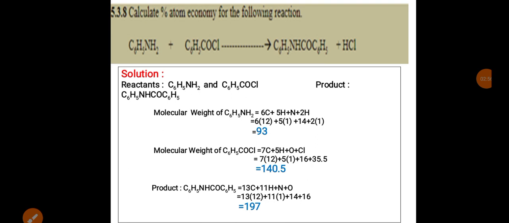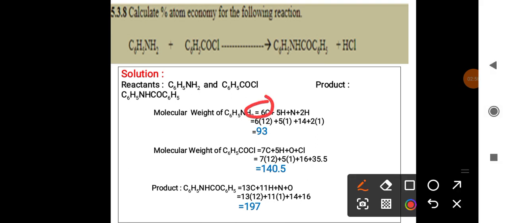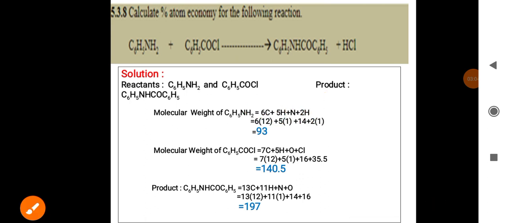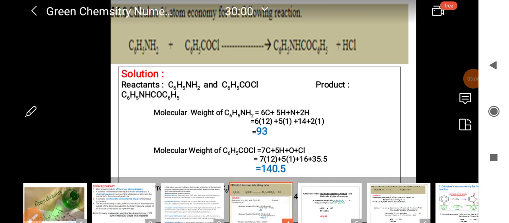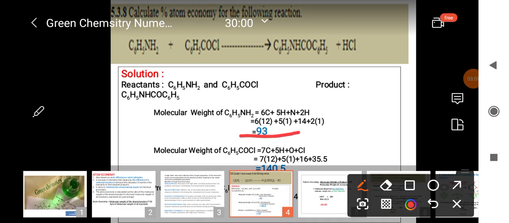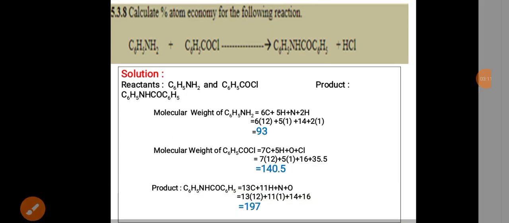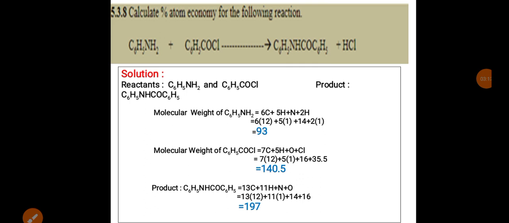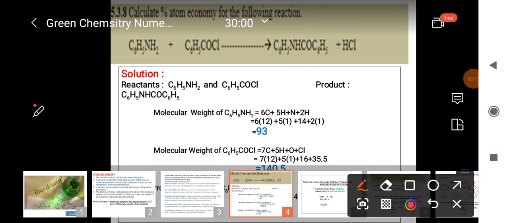You can count here: total number of carbons is 6, hydrogen 5, 1 nitrogen and again H2. So just put the molecular weight value of each element and calculate the molecular weight. Again you can go for the calculation of molecular weight of C6H5COCl by using the same method,